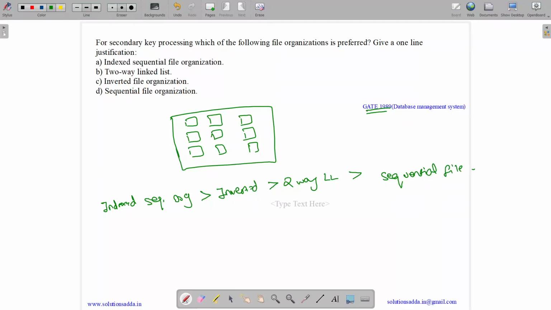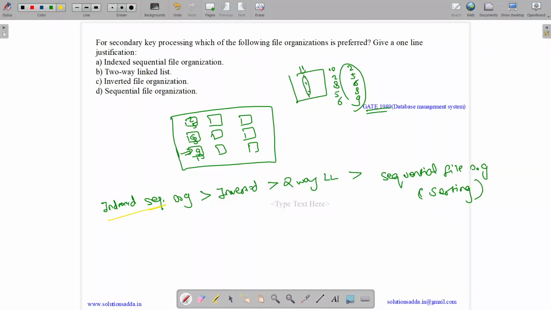file organization. And this is because we need to do the sorting for sequential file organization. There will be a file, there may be some parameter, but for sequential organization we first need to sort it, like they may have entries like 10 2 8 5 6. So we first need to sort it so that we can then arrange it sequentially, like 2 5 6 8 9 10, and then we can have sequential direct access. Now according to this efficiency that we have established, either we will use index sequential organization or inverted organization.